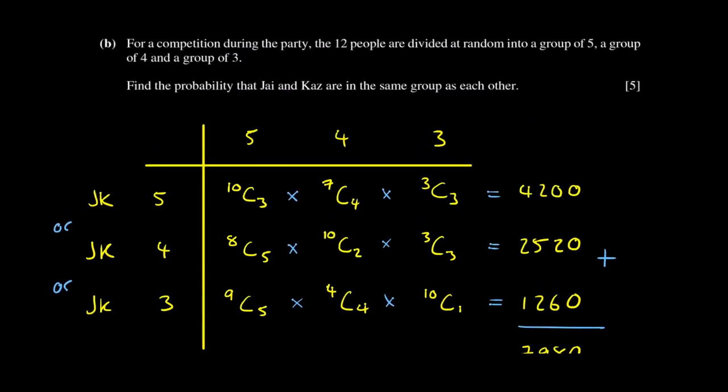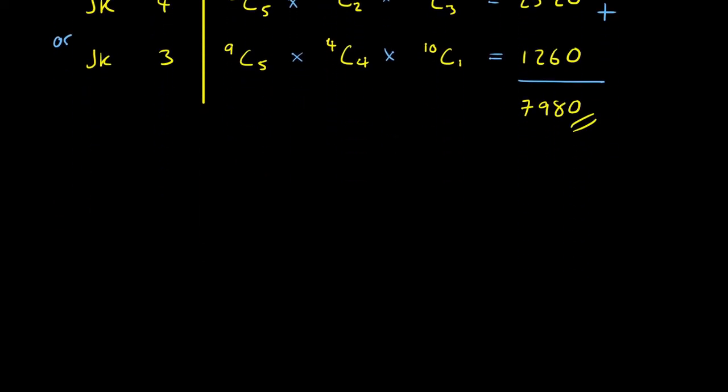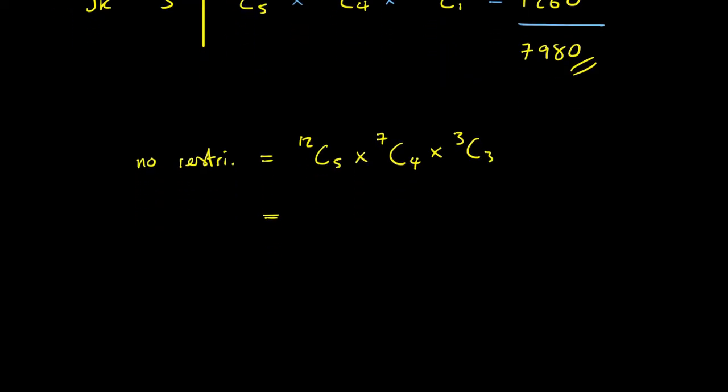It asked me for the probability. So I need to consider the number of ways in which there are no restrictions. So if there are no restrictions, then what I need to do is fill the group of 5. So the ways that I could do that would be 12C5. After I've done that, I need to fill the group of 4. So that would be 7C4. And after I do that, I need to fill the group of 3. Multiply, which would be 3C3. Okay, and if I multiply that all out, I get